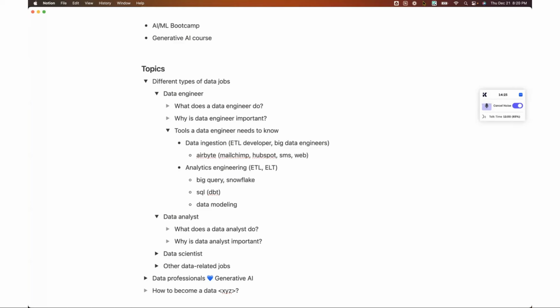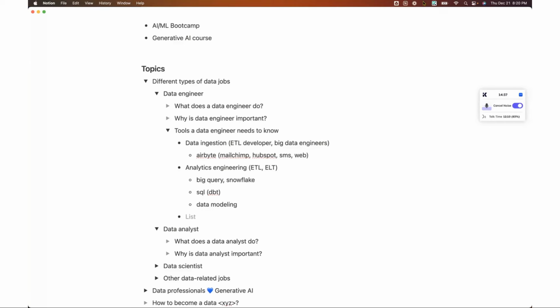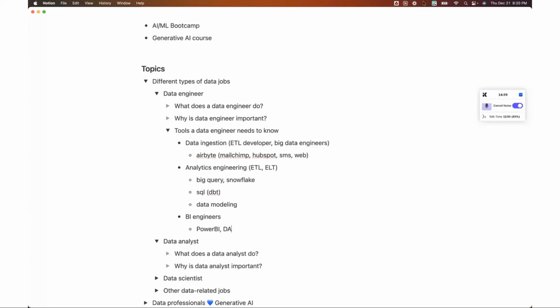When it comes to analytics engineering, of course, the most popular job title is just analytics engineer. And then basically working on data warehouse stuff, which is also very important. And there are also BI engineers. This role is somewhere in between BI, data analytics, and data engineering. These are the BI developers who are very good with data modeling, and then they build business intelligence solutions. And some other tools they work with include Power BI, right? And maybe writing DAX and things like that.